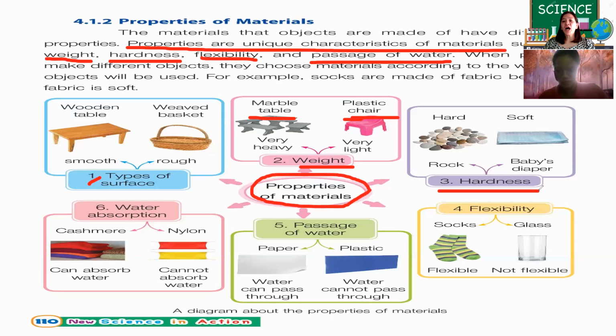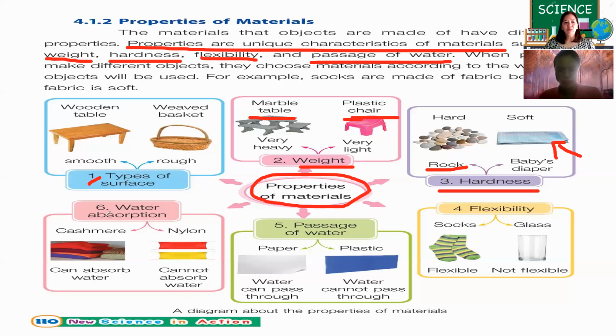Number 3, hardness. Rock. This is hard. And then we have the soft, the baby's diaper. It's soft because it is fabric. Okay, hardness ก็คือความแข็งแรงลูกดูสองอย่างก็คือ rock is hard ก็คือแข็ง baby's diaper soft ตรงกันข้ามเลย opposite ก็คือเบา